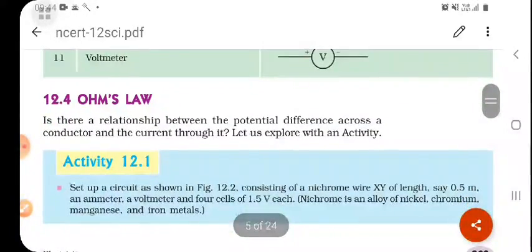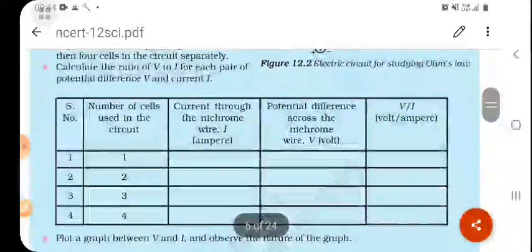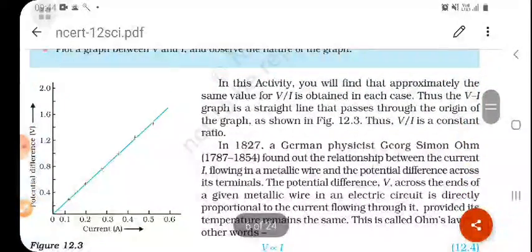Now we will discuss Ohm's law. What is Ohm's law? Ohm's law is V directly proportional to I, that is V is equal to IR. We have studied this in the last class. What is V? V is potential difference and I is current, and the ratio V upon I is constant, that is equal to R,